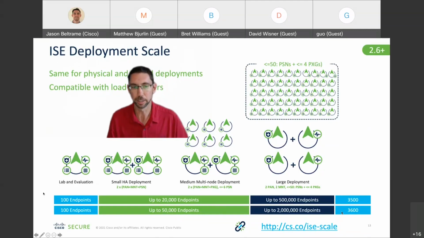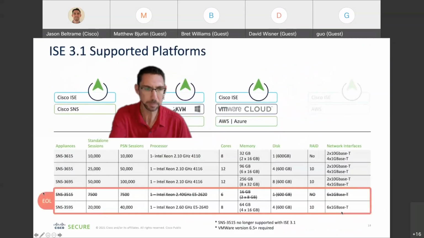So again, great information in terms of scale. I do have a link down there that goes over how to scale ISE and all the different features, and the different scale items for every one of those features, in that document. So it's a great document to utilize. But why I wanted to go into some of this is in some of these versions of ISE going forward,